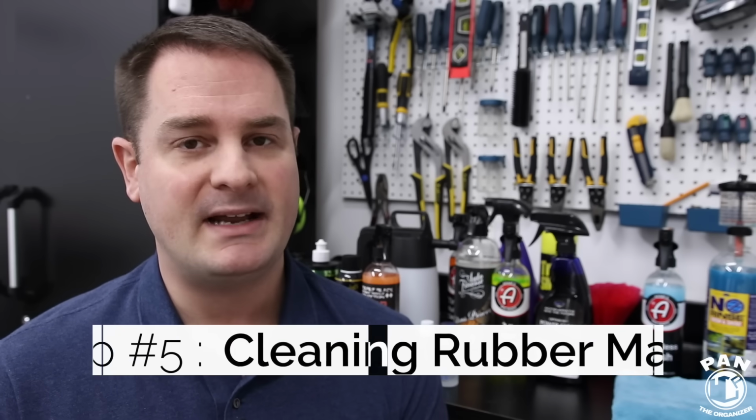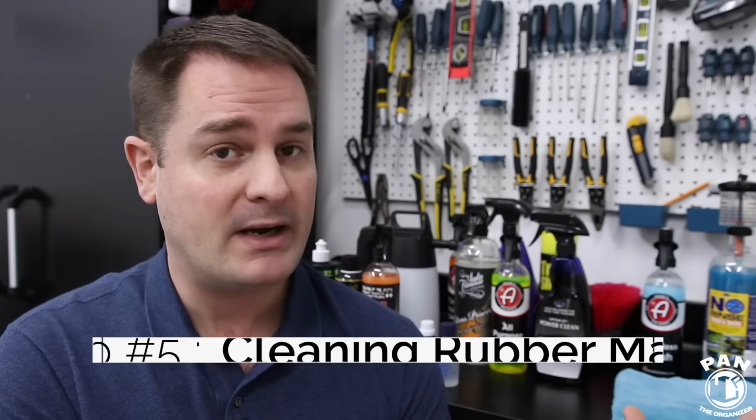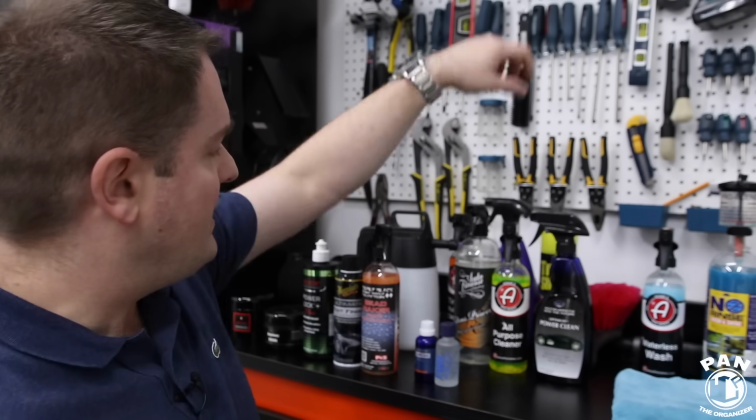All right, so step number 5 is cleaning your rubber floor mats. So of course, during the winter months, you guys probably switch over your normal fabric mats for some rubber floor mats. And of course, they also get dirty. They have all sorts of grime and dirt that gets embedded over time, and some salt, road salt or calcium that gets dried up, and they just look disgusting. So you can also detail and clean those. And the way to do it,